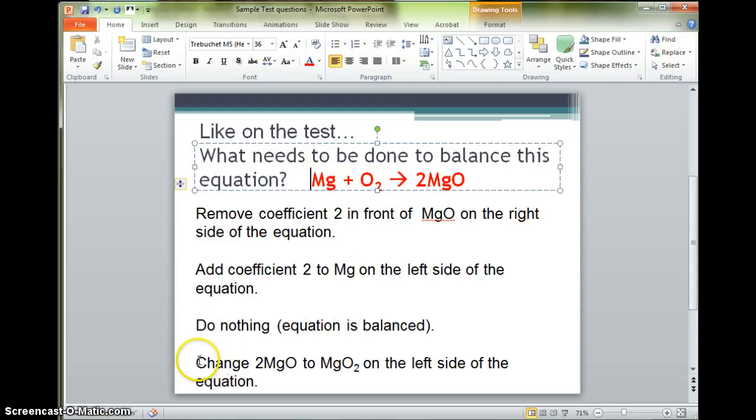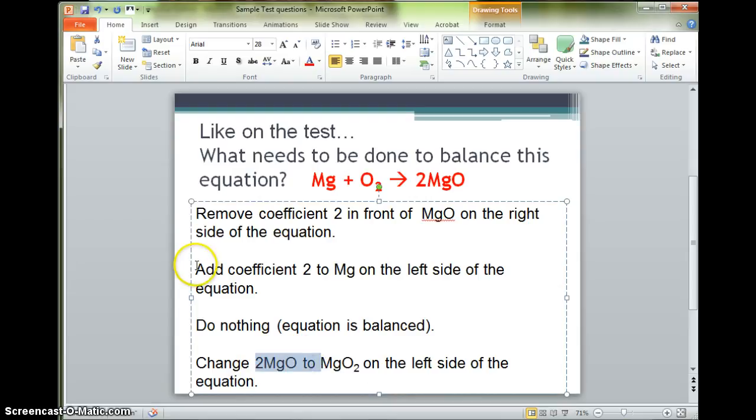And then the last one, change 2 MgO to just MgO2. Well, I know that's not right because I can't change subscripts, right? So I'm not even going to do that. Never change the subscripts. Okay, so I know that my answer is this one. So that's how it will be on